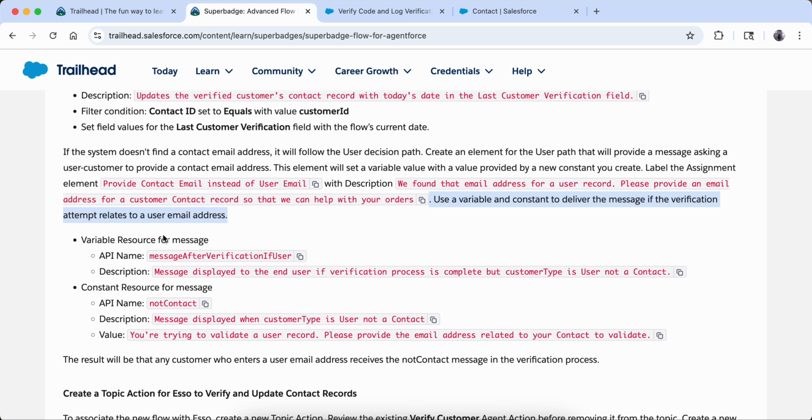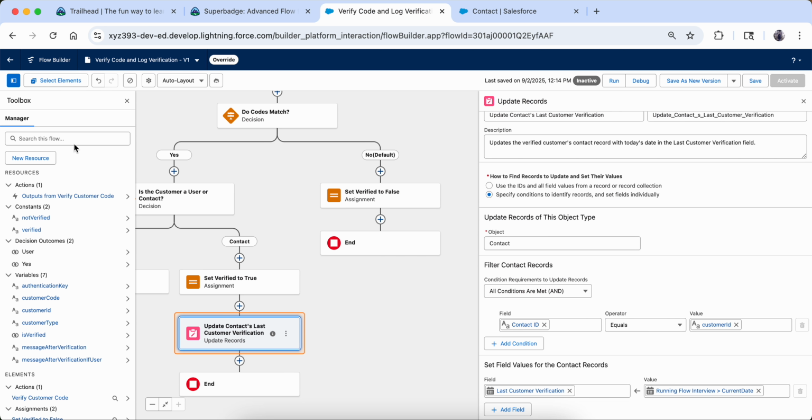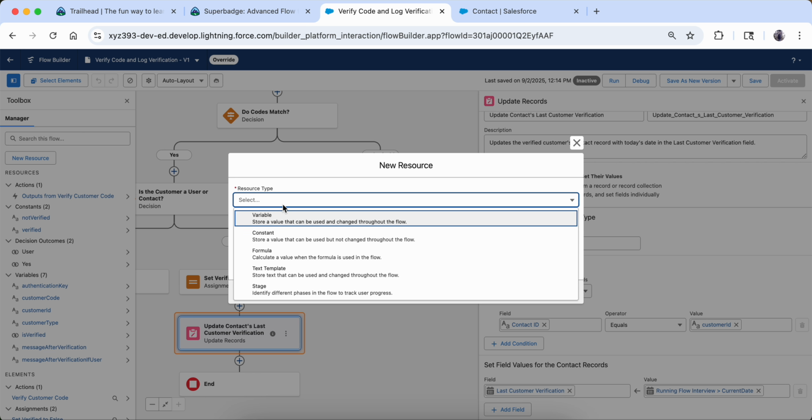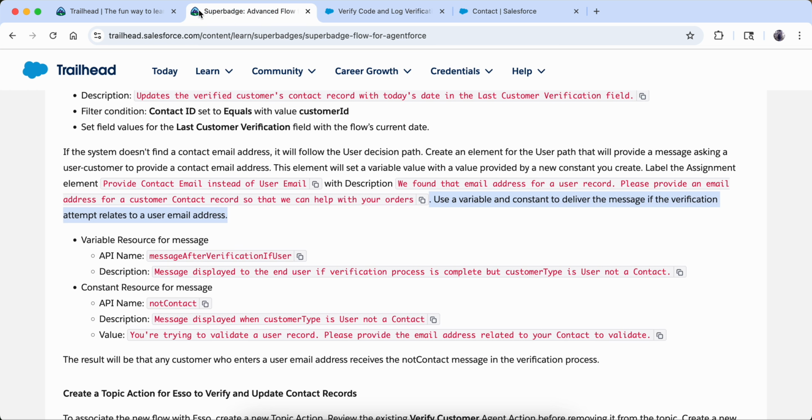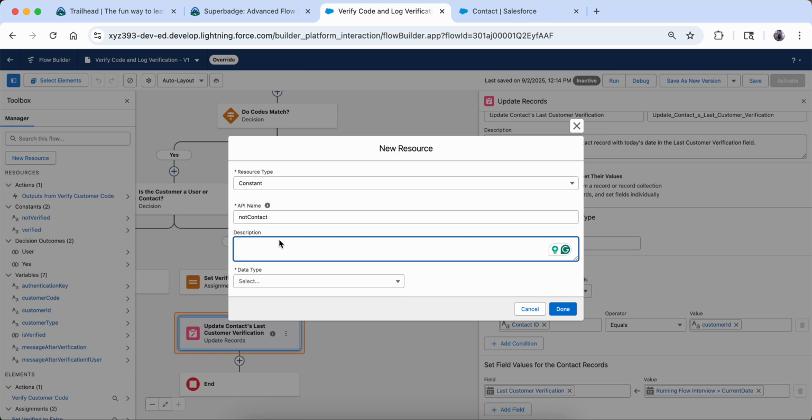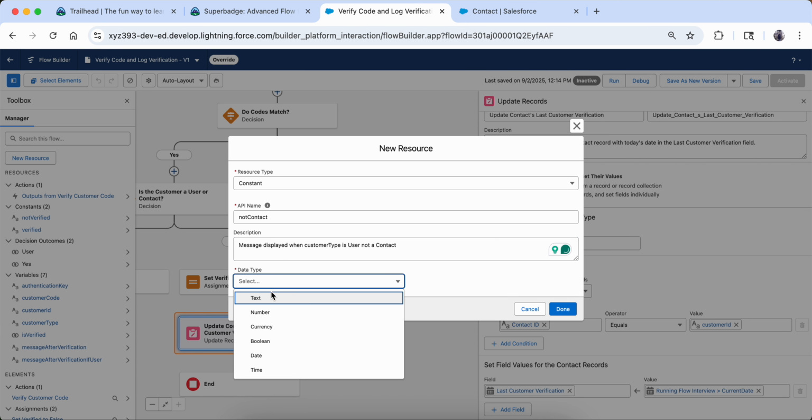Now what we have to do is create a constant, and the name of the constant is not contact. So the new resource, then contact, and then we are going to copy this here, and then the description will come. The description is coming here.